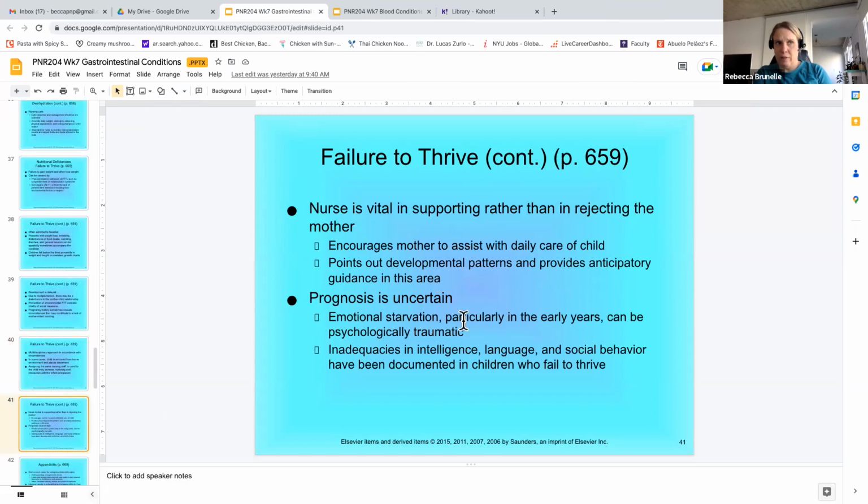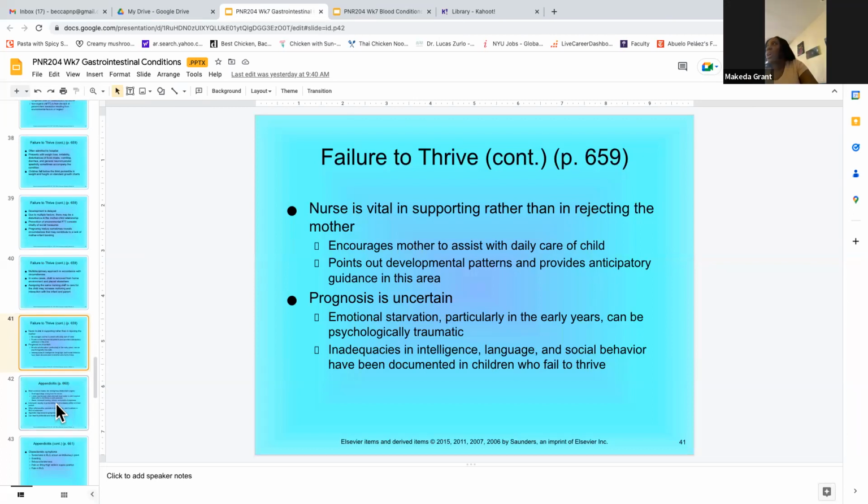And you guys have said a lot of this: supporting the mom, you don't want to be judgmental at all. You don't know what the diagnosis is when they come in. It could be something related to their GI tract, and it has nothing to do with how the mom's feeding the baby. But also, if it is neglect, we've talked a lot about the theorists, trust versus mistrust as an infant, and your personality develops. So if it's a problem with parent bonding and neglect, that is something that you really need to address, because it'll affect the kid long-term if that's happening at home.